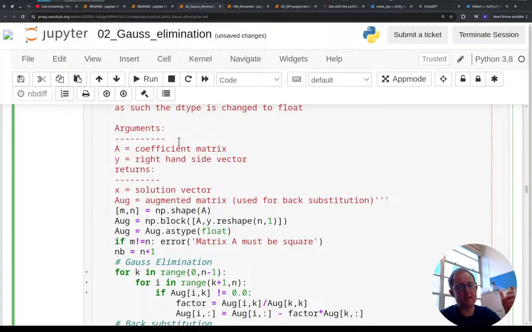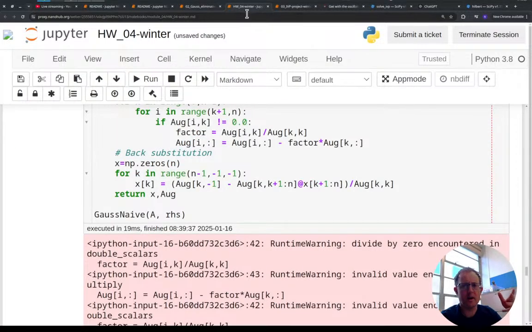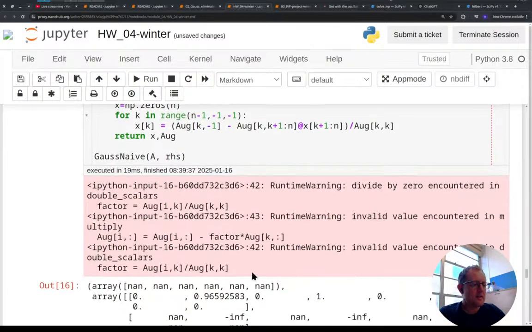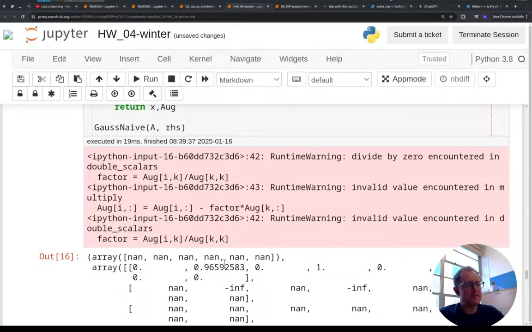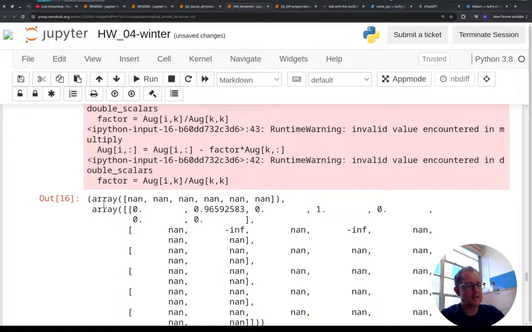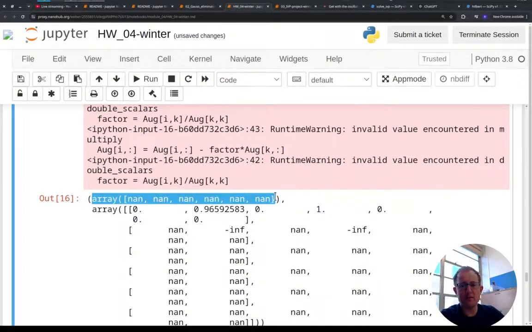It's going to rearrange the equations and do some partial pivoting and make sure that it always gives you an answer when there is an answer, and gives you the answer with the least amount of compounded floating point operation error. But if I just try that naive Gauss elimination, I end up with an array full of NaN numbers,